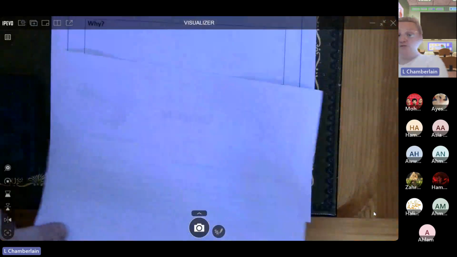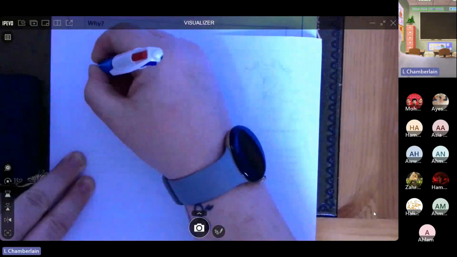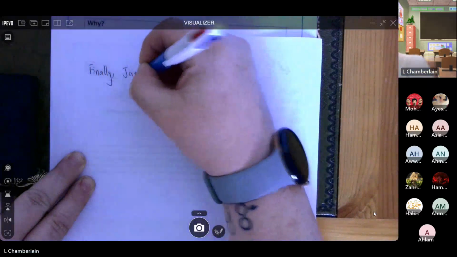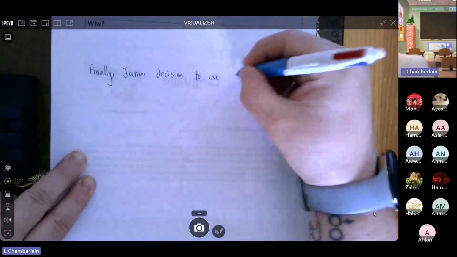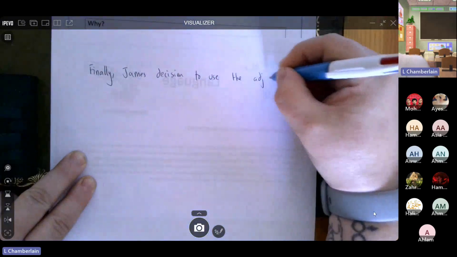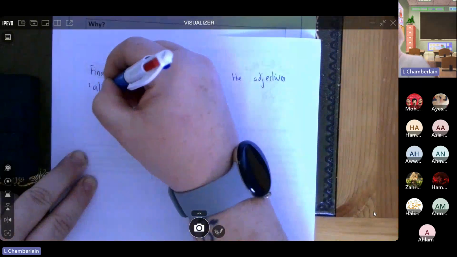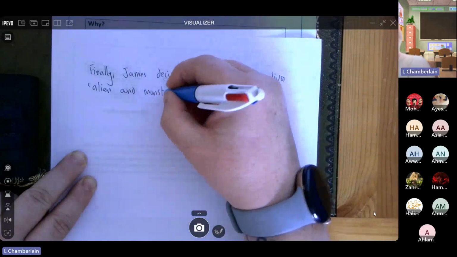So I'm going to just finish that off. I'm going to say, finally, James's decision to use the adjectives alien and monstrous